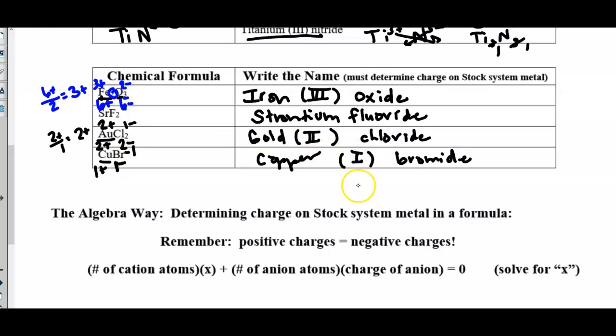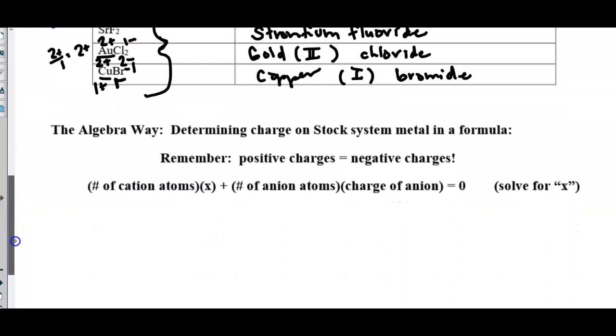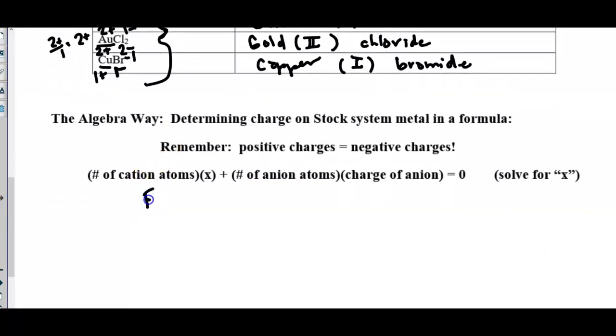Okay. So there is an algebraic way of solving for the charge of your cation. Remember, you will always know the charge of your anion. So the way I showed up here is by using your negative and flipping that to a positive and then dividing by the number of cation atoms. The algebraic way is another way of doing this. So if I was going to do Fe2O3 like we did at the top,